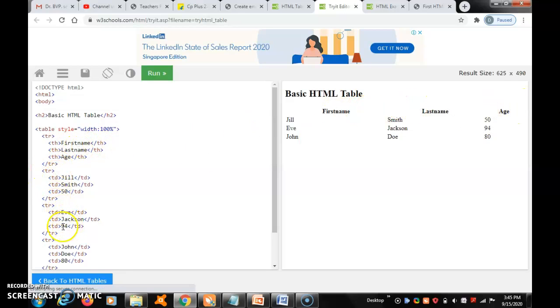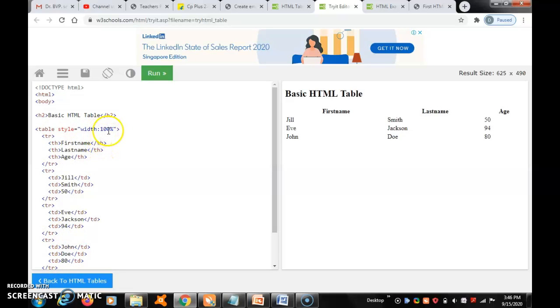Then after that, here in the first row, TR, table row, TD, table data inside. Within the table row, everything is data. Likewise, the next table row is Eve Jackson 94, second row. Then the third row, John Doe 80. It is another row. Likewise we are going to make the table.